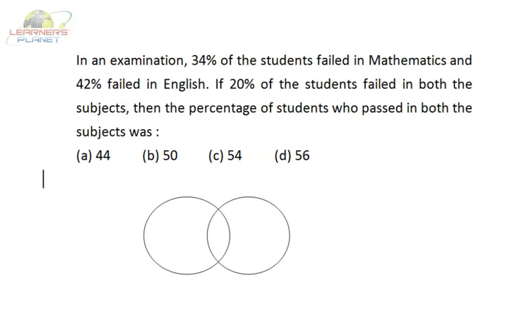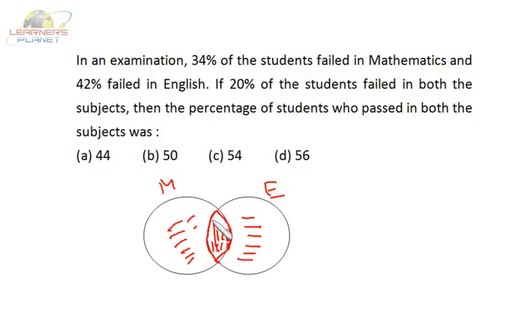Now friends, let's take some of the percentage problems related to Venn diagrams. In an examination, 34% of the students failed in mathematics, just mathematics, and it is English. Friends, this circle represents mathematics, this circle represents English, and this portion represents the students who failed in mathematics and English both. That means this portion will be for only math, this portion for only English,